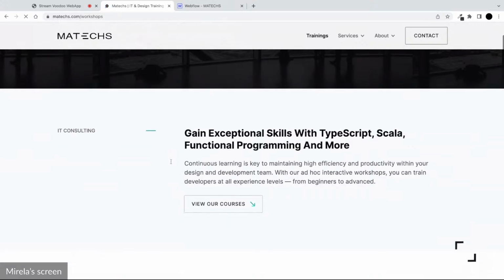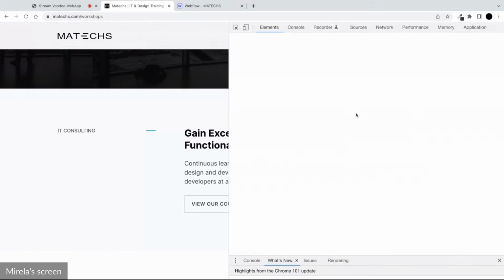But there is also a more advanced way to do that, and it is by inspecting the link. So let's try it with this link here, for example. Let's click on inspect, and let me know when you see it on the right of my screen. Okay, yep, I see it. It's showing up. So by right clicking and choosing inspect, the developer tools will open.